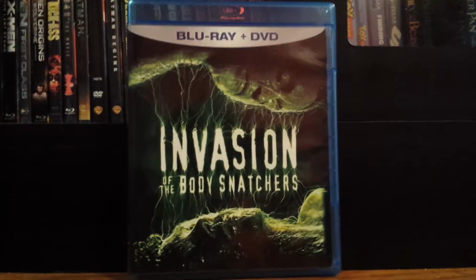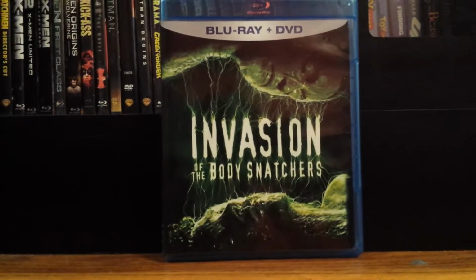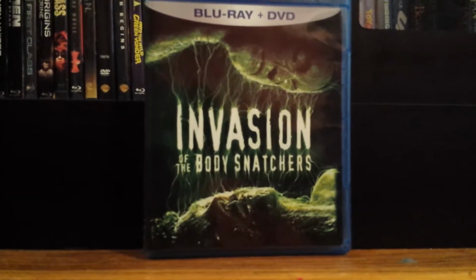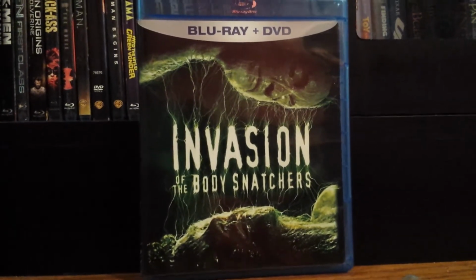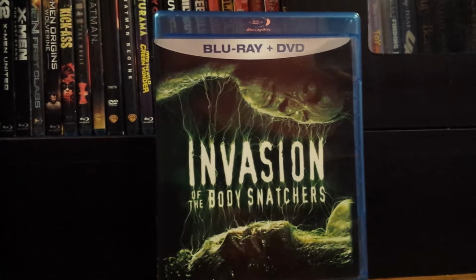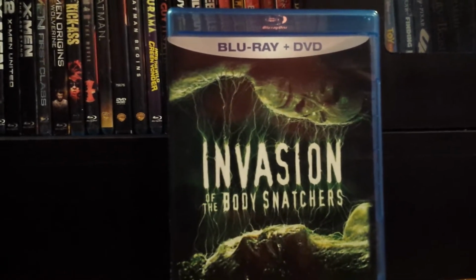The first title I have in front of me is the Blu-ray and DVD combo pack of Invasion of the Body Snatchers. This is the 1978 remake of the 1950 science fiction classic horror film with the same title. This movie is about a group of alien species that need to survive, and they travel across the universe to inhabit the planet Earth so they could gain back their culture and their